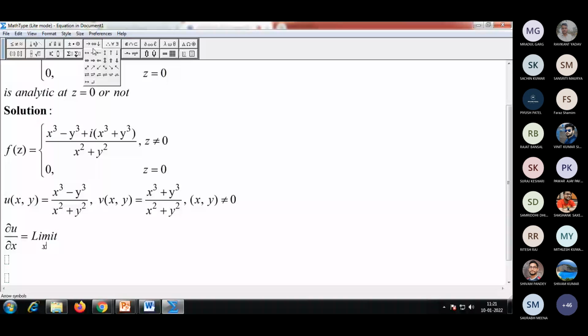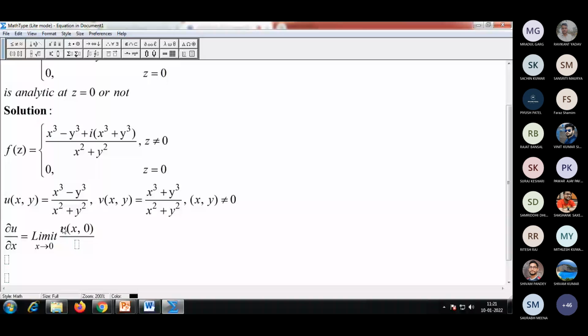Either you may go with x or delta x, both. So limit delta x tends to 0, then u here, since in place of x we have taken 0, and we are finding it at origin. So x is 0, x plus delta x means simply delta x comma 0,